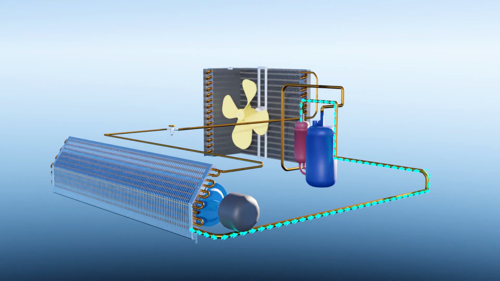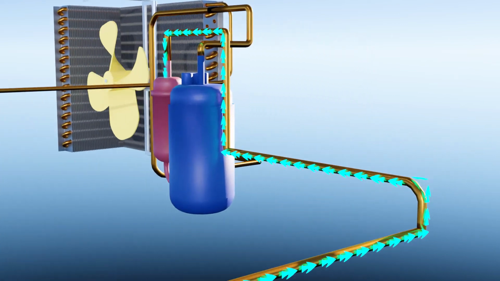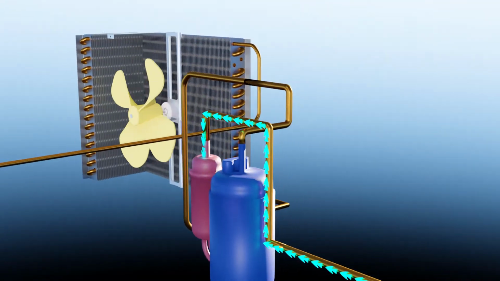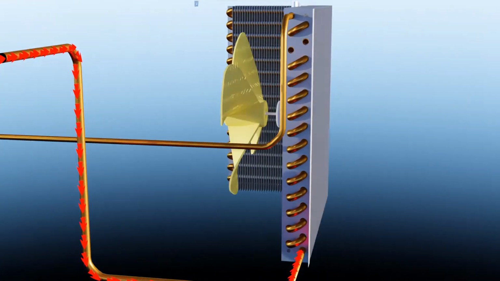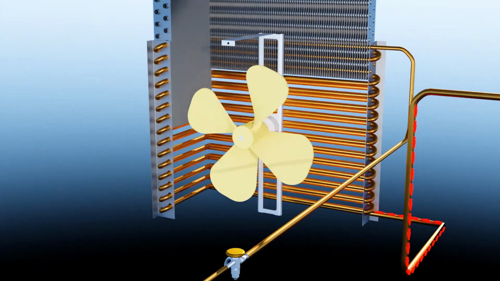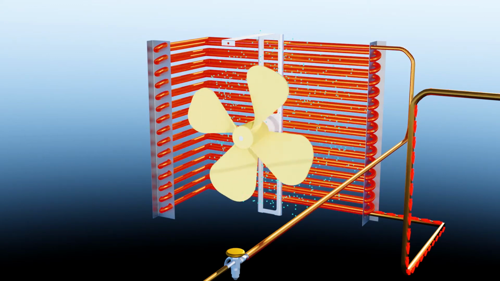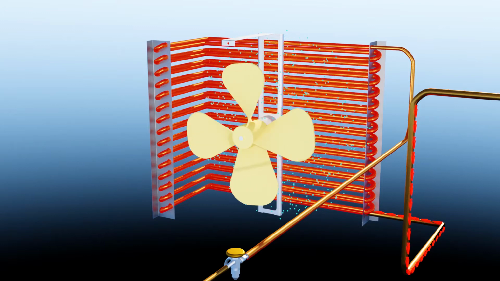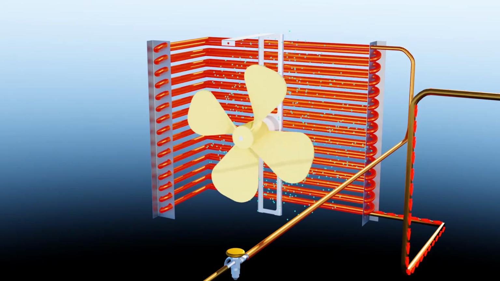So the cycle starts with cold refrigerant or coolant entering the compressor. The compressor compresses the vapor coolant to such a level that when it leaves, it turns into very hot, high-pressure vapor. Now this hot, high-pressure vapor travels to the condenser coils. The fan throws the outside air onto the fins, which helps in cooling the hot refrigerant, as the coolant travels in a spiral path and the fins provide a larger surface area for cooling. Here, the hot vapor refrigerant gets converted into hot liquid refrigerant.